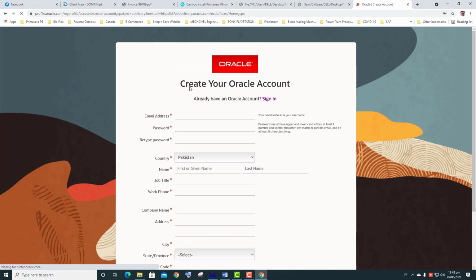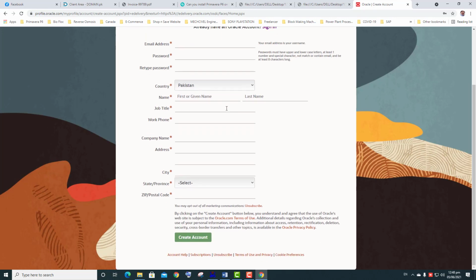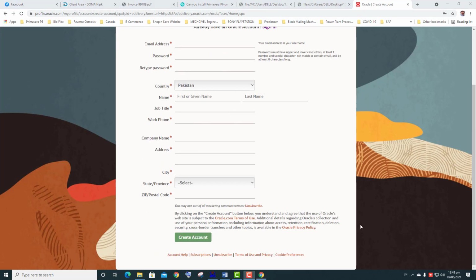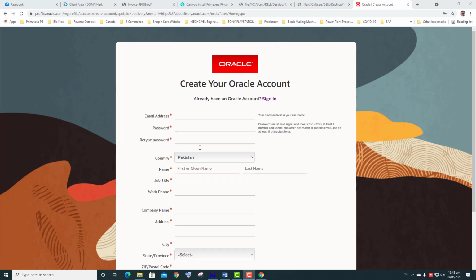This is the form for creating an Oracle account. Fill in all the requirements and then press the create account button. You may receive a confirmation email. Please follow the steps and create your account.